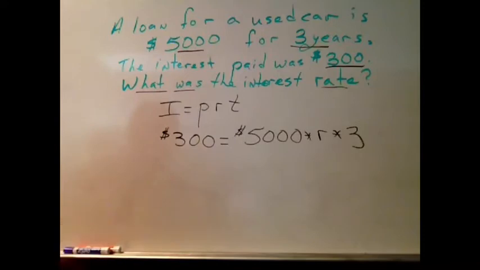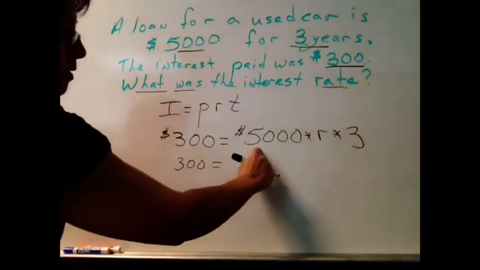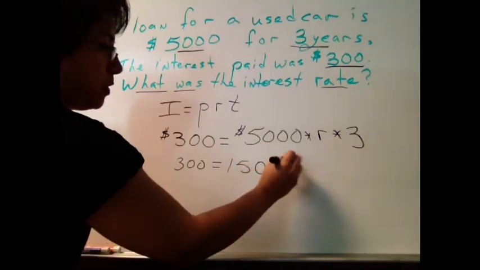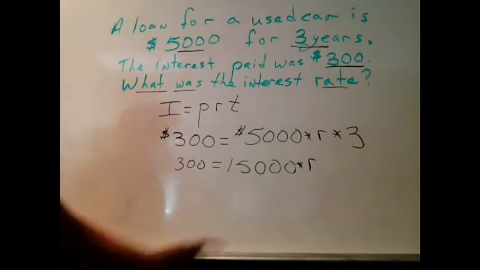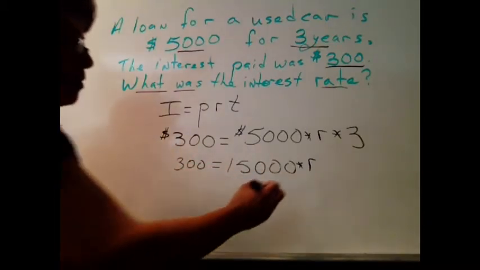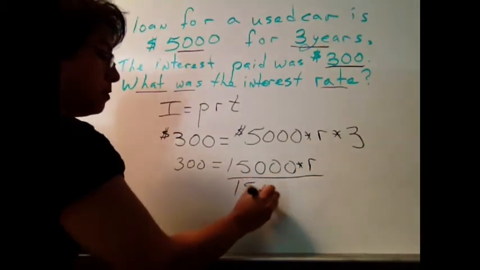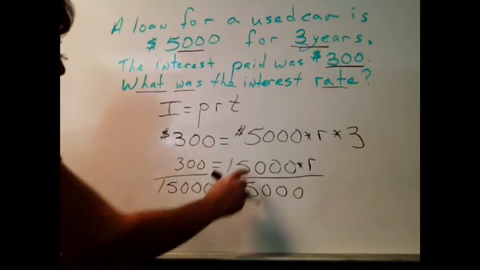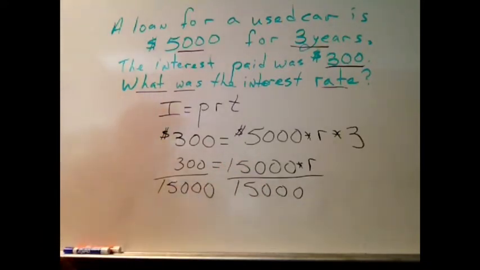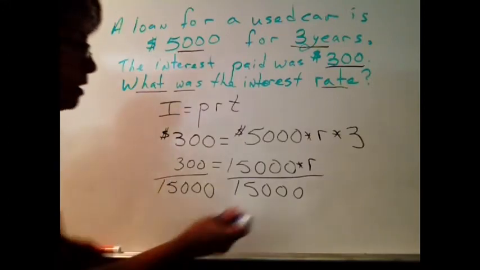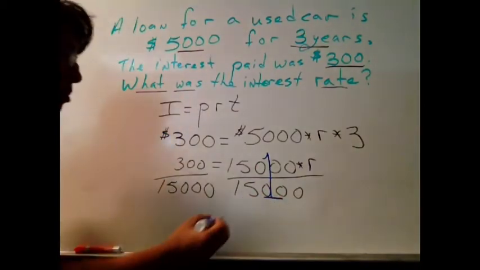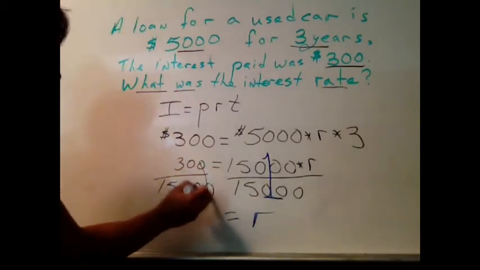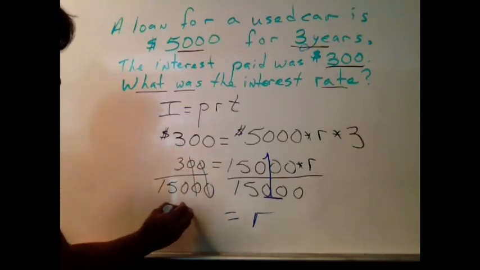All right, we've got the 300 here. 5,000 times 3. Well, 5 times 3 is 15. Add your zeros, 1, 2, 3, times the rate. This is our variable. So we're going to divide by the number next to our variable, remember. So let's divide by 1,000 by 15,000. Remember this, having the same number in the numerator and the denominator gives us a 1. So we have a 1 in this location, 1 times r. That's going to be r. 3,000 divided by 15,000. Well, let's remove the zeros before you do your math. And when we do this, we're going to find out that our answer is